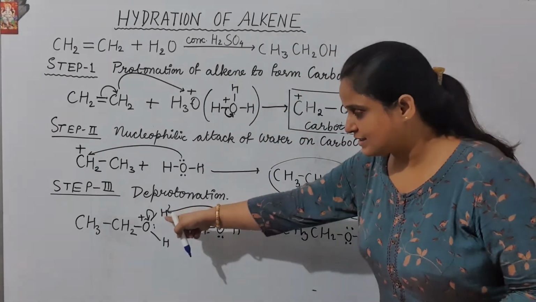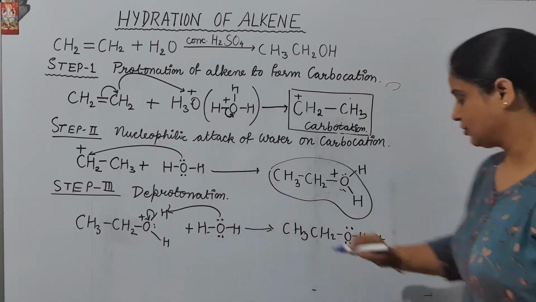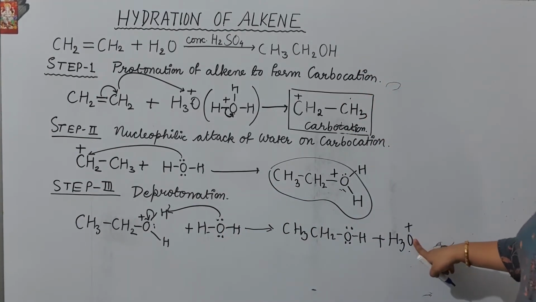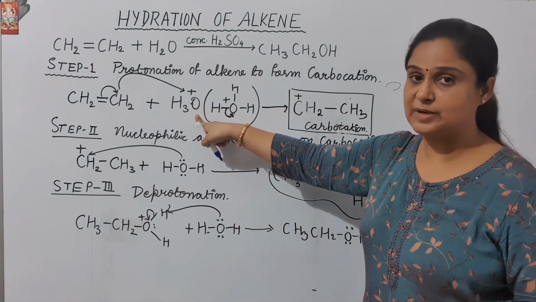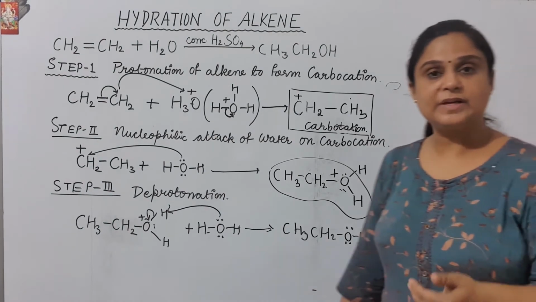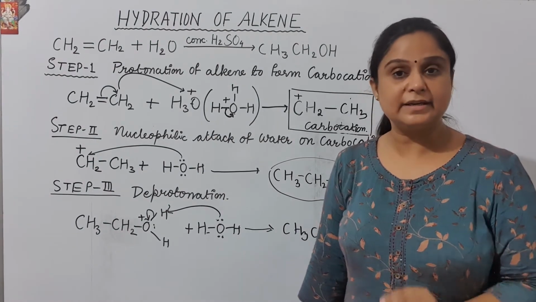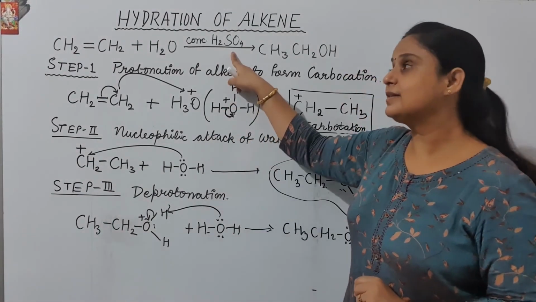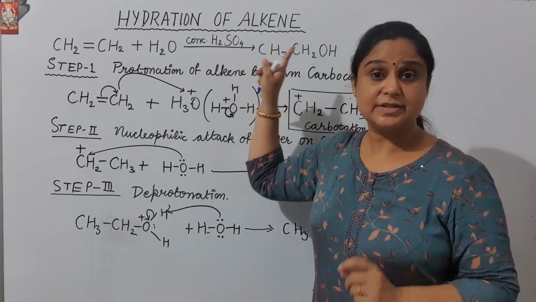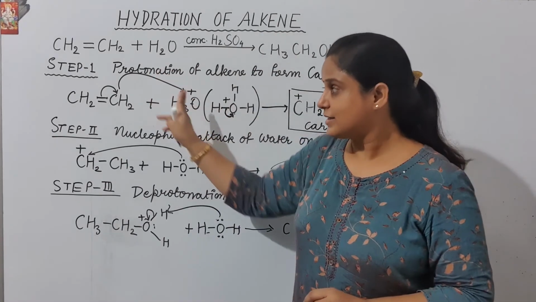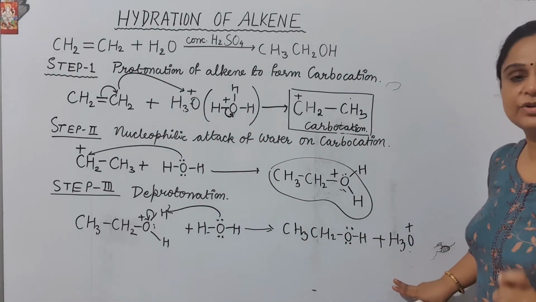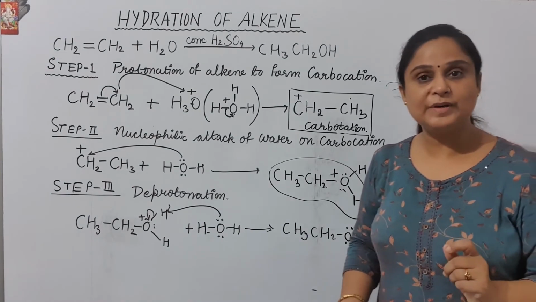Now we can see here this H plus ion is attached to it. So this is H3O plus. We started the reaction from the attack of H3O plus, and we are having at last H3O plus. So H3O plus, yeah, hydronium ion is the catalyst for the reaction. As you can see here, this reaction takes place in the presence of concentrated H2SO4. So it is working as a catalyst. So starting में catalyst is present, but at the last of the reaction, catalyst should remain as such. I hope it is clear to you now.